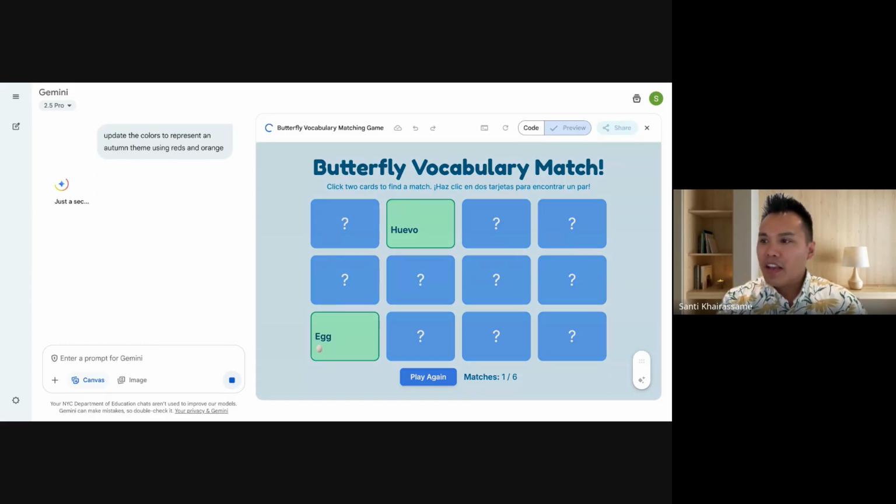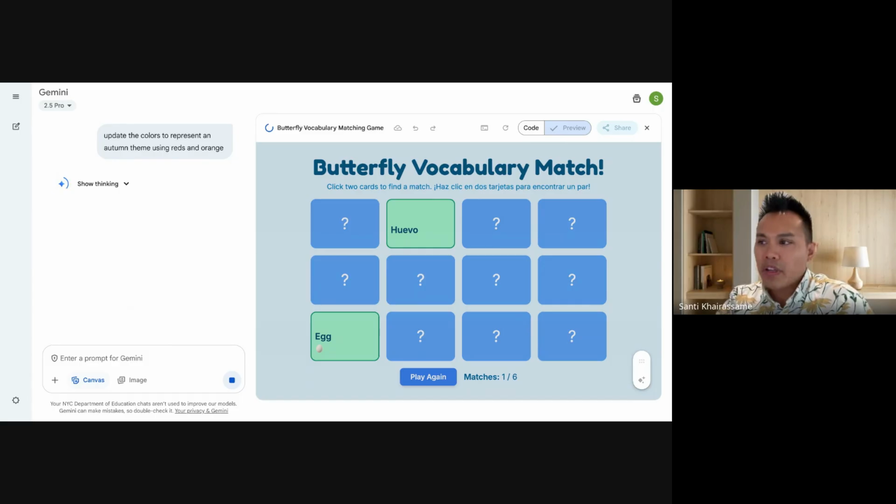I'm just going to see what's going to happen. So again, chatbot, go back and forth until you get the thing that you want. That's just updating the color, but you can have it update the content also. And what's amazing is that, and I'm going to show this, you have this interactive game.